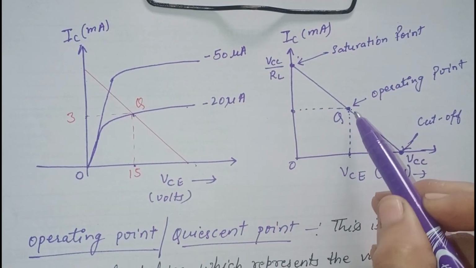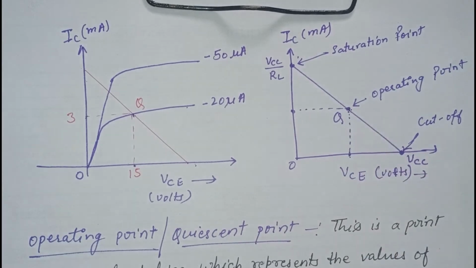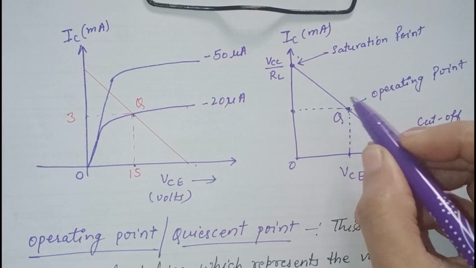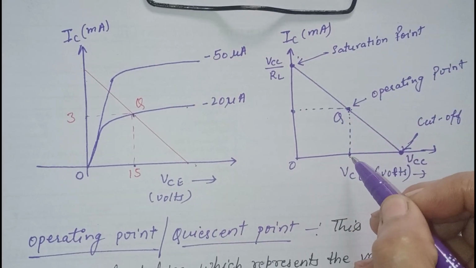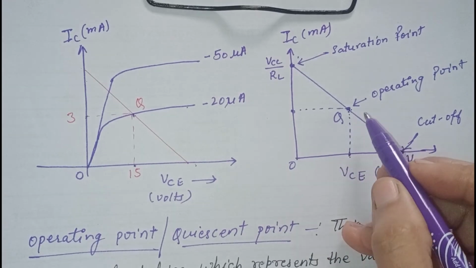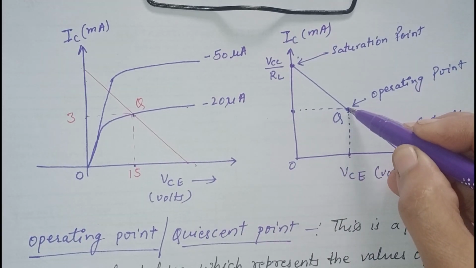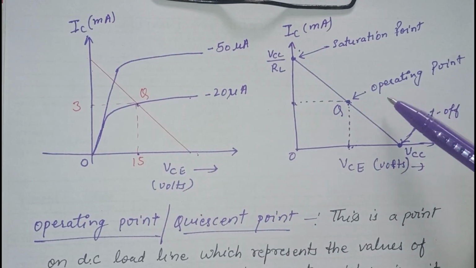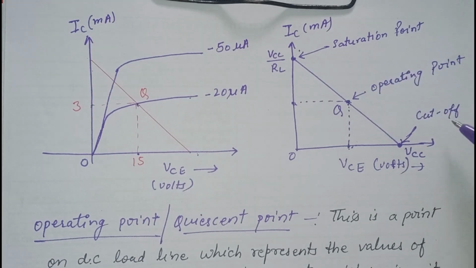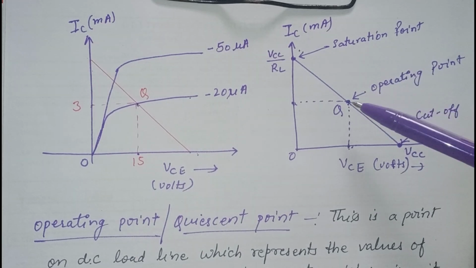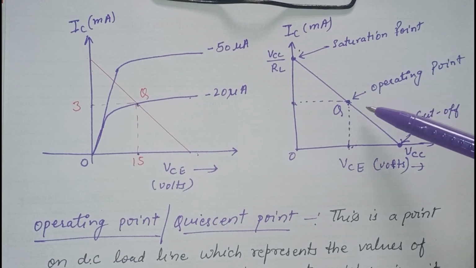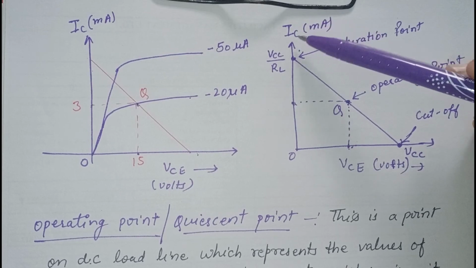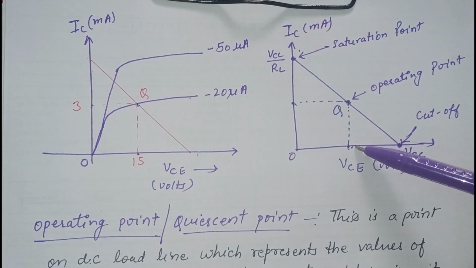This quiescent point gives the biasing conditions of the transistor, meaning when the transistor is put to a particular use, what the output current and output voltage should be when a particular input current is flowing in the circuit. So it gives the biasing conditions of a transistor for a particular use. The best position of the operating point is midway between the saturation point and the cutoff point, but it is generally set according to the use of the transistor. Drawing the DC load line is the best way to get the collector currents at various values of VCE.